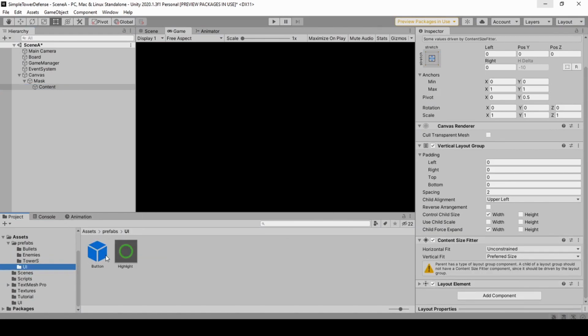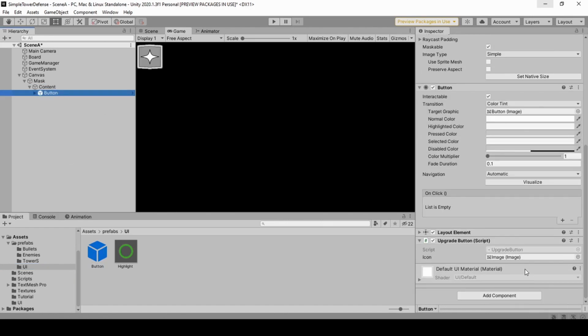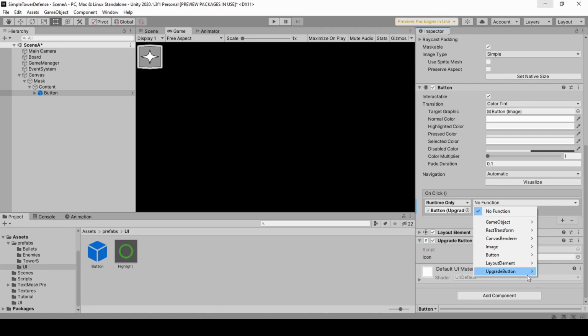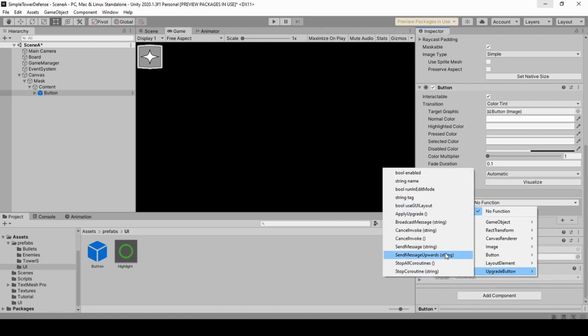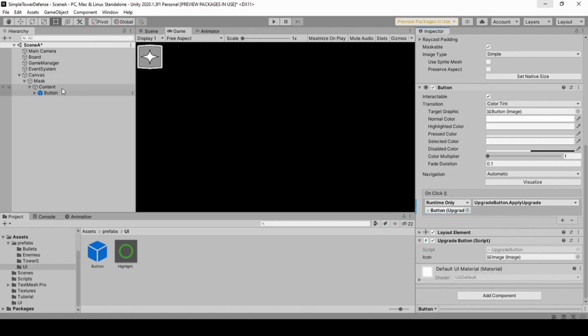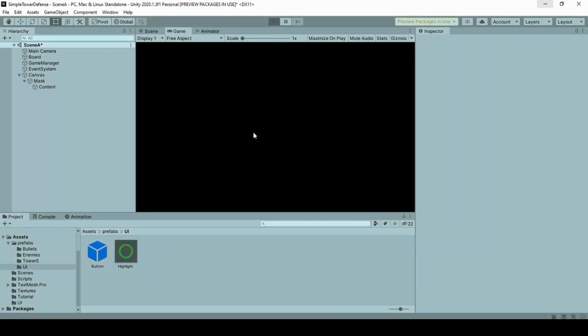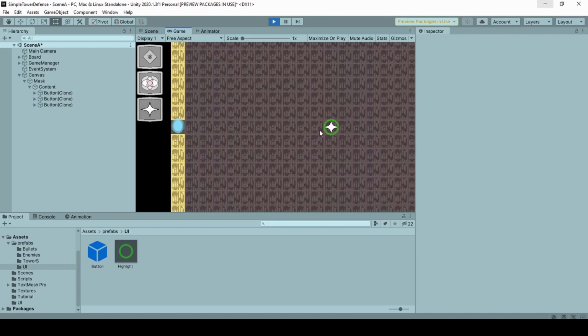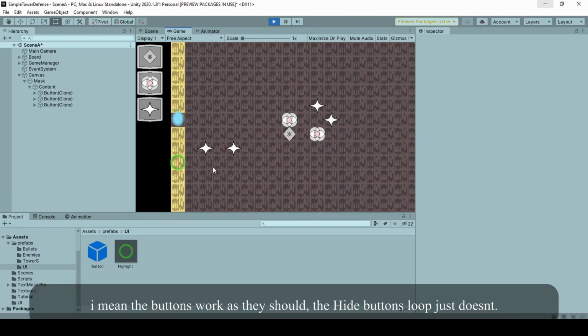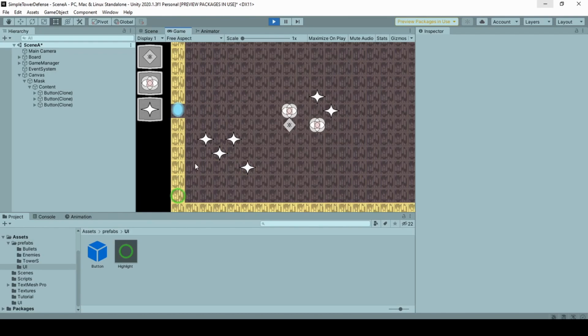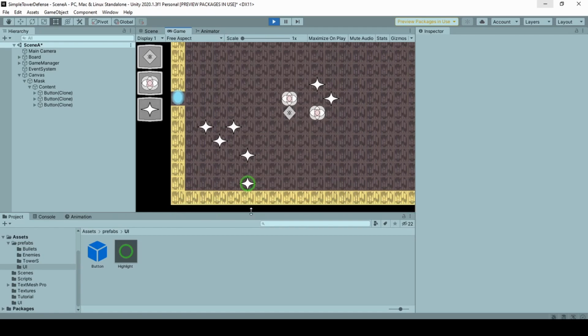Oh, yes, so we actually forgot something. Let's create the button, and this on click should take this upgrade function and call the apply upgrade. So save it, remove it, press again. Ooh, and this works. But this doesn't work. So we can see that it doesn't really update which thing was created last, and we can't override